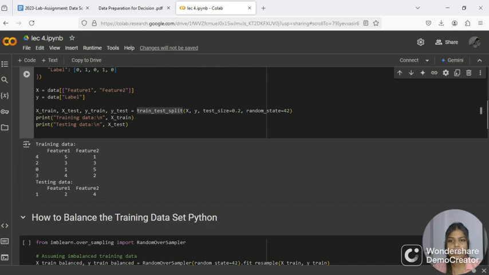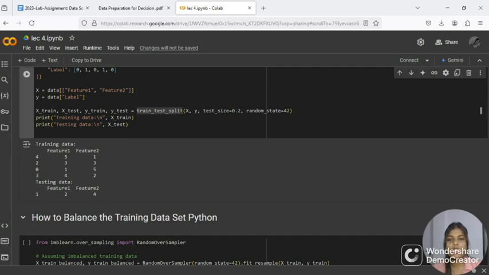And in this whole line we are splitting the dataset into training and testing sets using the train_test_split function, where X and y are the input features and labels respectively. test_size equal to 0.2 means 20% of the data will be used for testing and the remaining 80% for training.